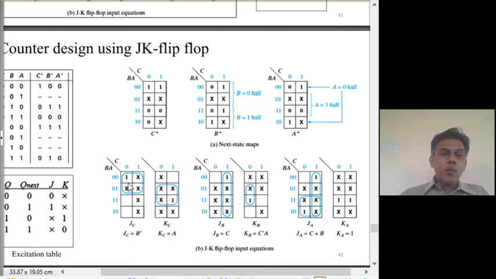And then how do we read out the value of JC? Having mentally removed C, now you don't need to read the expression corresponding to this 4 square. You can just read the expression corresponding to this 2 square with C being mentally removed. Now it will be a 2 square only with the remaining variables A and B here. Now if you read it, A goes away, it is only B bar. That is what we get.